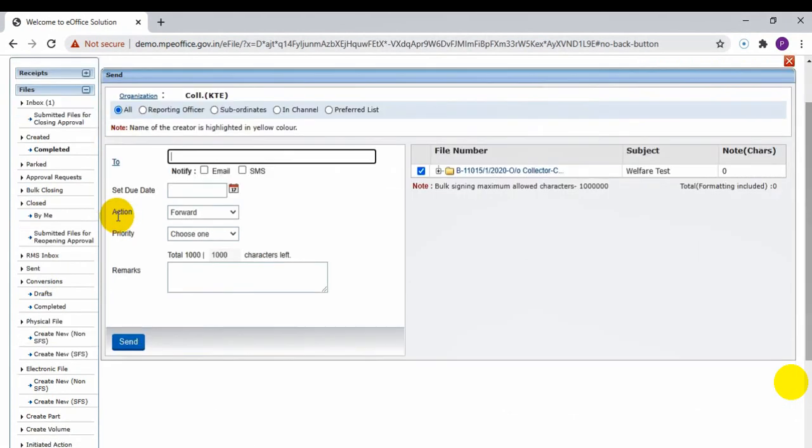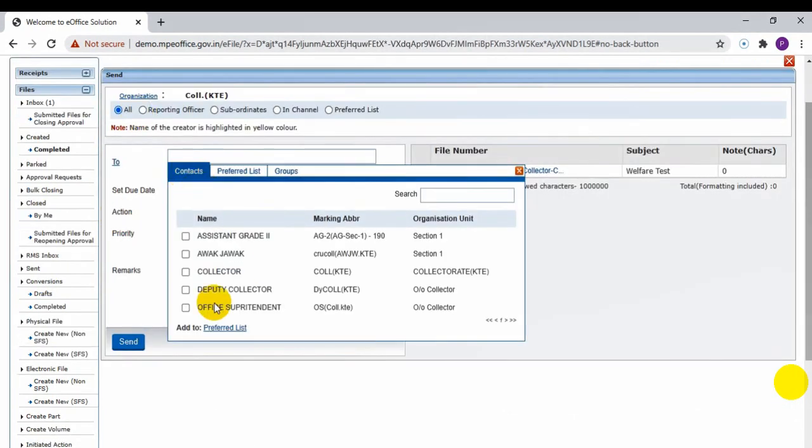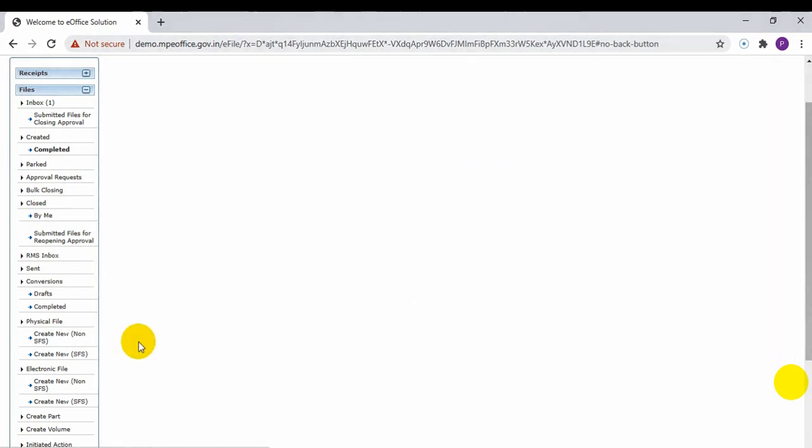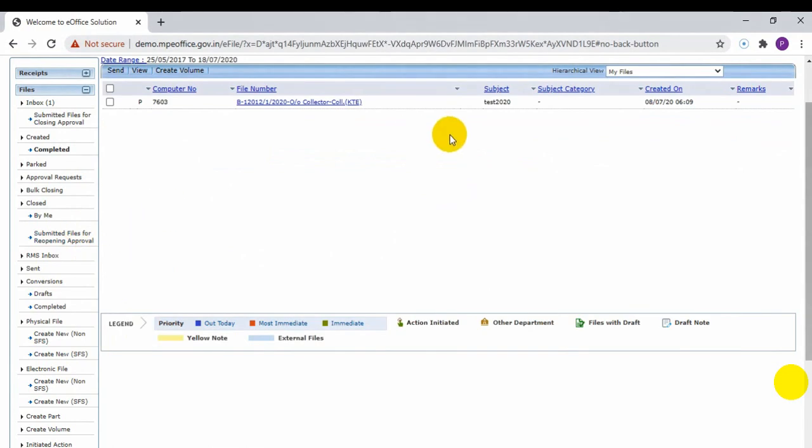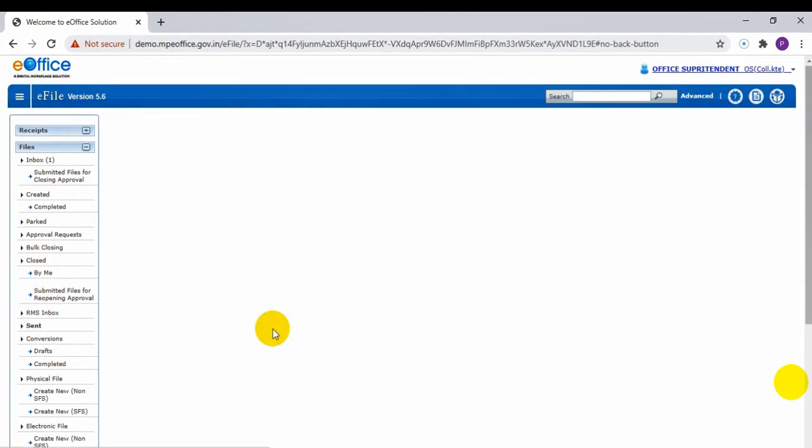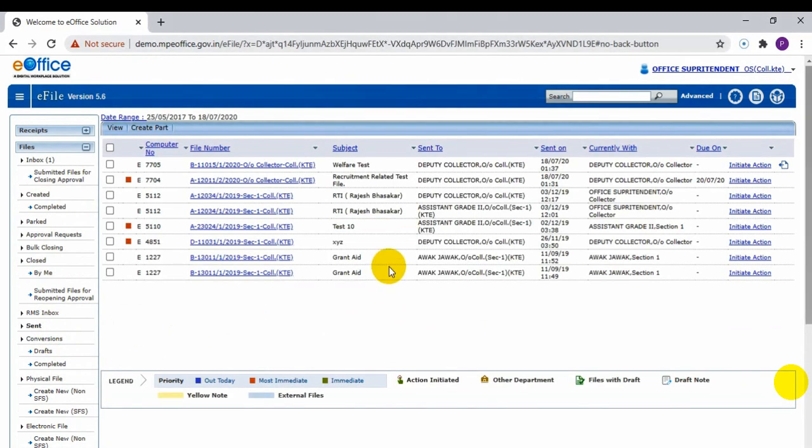Now click on to link, then in context select Deputy Collector once again, and we can send to anyone else also, no issue in that. Clicking on send, I did not fill any other details except two fields, still it has sent, as others are non-mandatory. Okay, right. Let's now come to send link, that what it is there. Now click on the send. Yes, let it come here. Let it get opened. Yeah, see it is on the top.